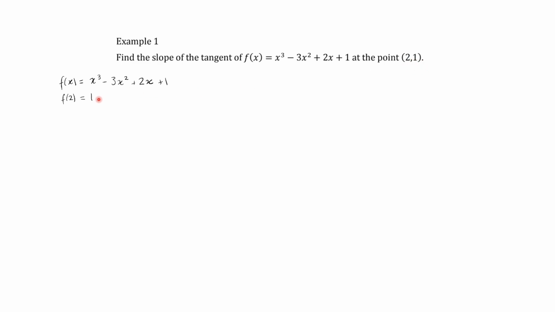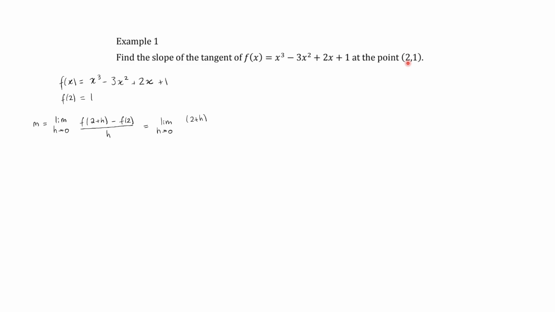which from the point that we are given, we know is going to be equal to 1. So then the slope of the tangent, or m, is going to be equal to the limit as h approaches 0 of f of a plus h. A, in this case, is equal to 2, right? So f of 2 plus h minus f of 2 all over, not 2, but h. There we go. Okay, so this is going to be equal to the limit as h approaches 0 of